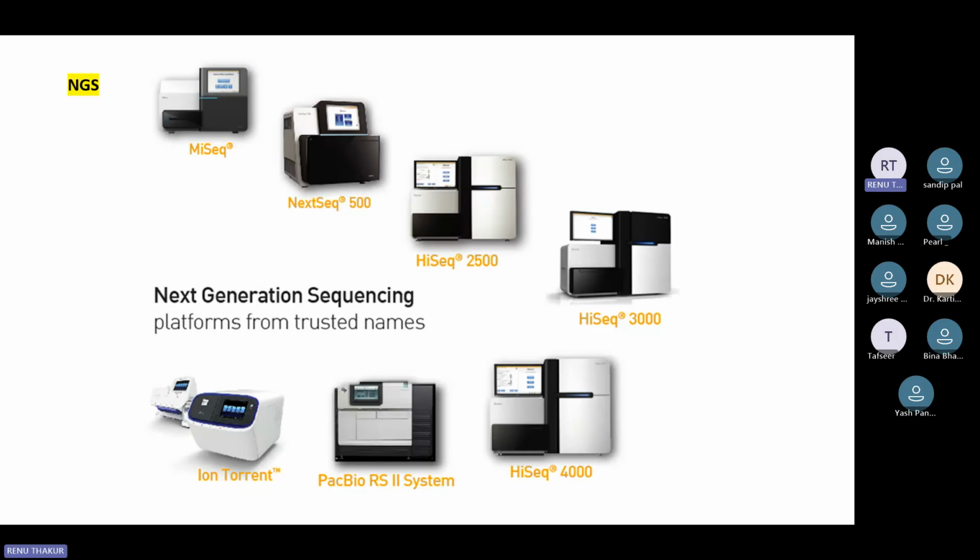We have screens attached to the sequencer so that we can feed our input, like how many cycles we have to go for and the concentration of the template, and everything is on the screen, like how much progress has been done. When it is completed, it will show you how many cycles are remaining and how much time will be required. All these things are